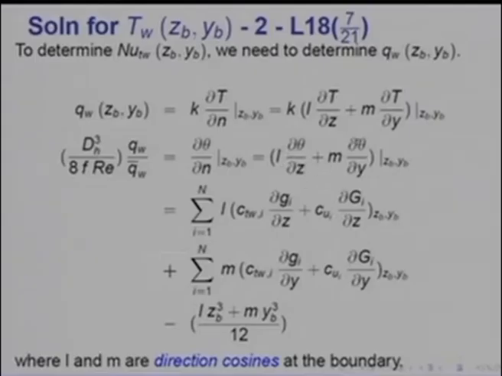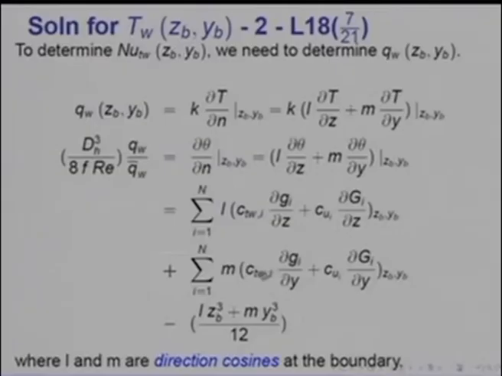by dz plus m d theta by dy at z b y b, and theta would now, each derivative here would be L times C t w I d g I by dz plus C u I d g I by dz at z b y b plus m times C t w I d g I by dy and C u I d g I by dy at z b y b minus the L z cube plus m y b cube divided by 12. So, that would be the right hand side, which will enable me to evaluate q w,